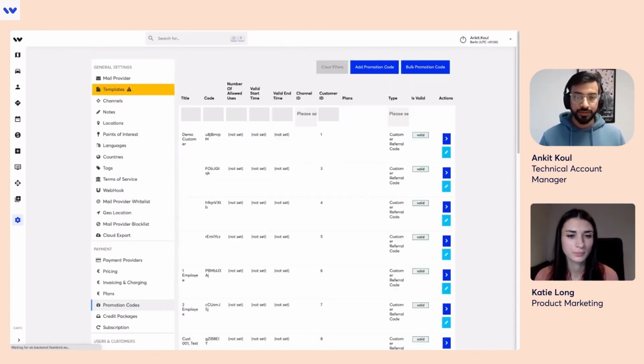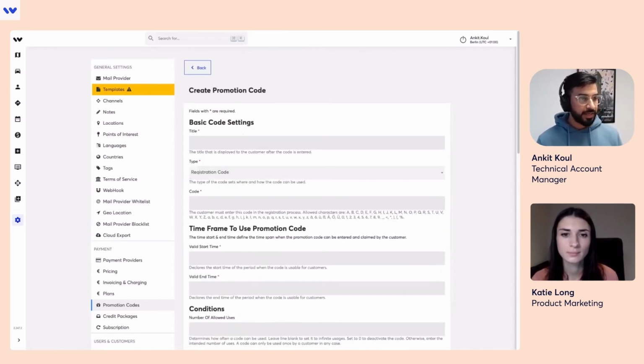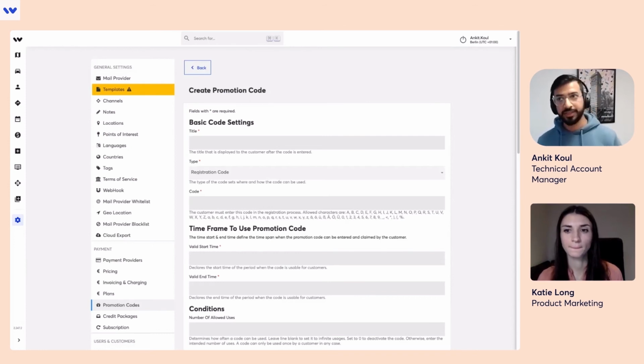Then there are promotion codes. A promotion code is basically like an offer. So let's say an operator wants to give certain customers bonus credits for, say, a one year anniversary, to make their service look more attractive to end customers and get more customers to the system.